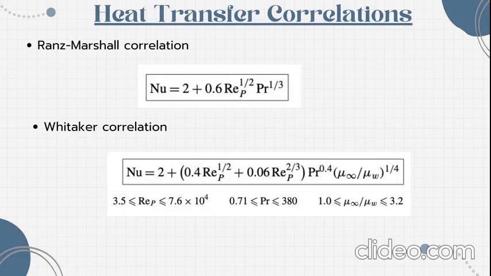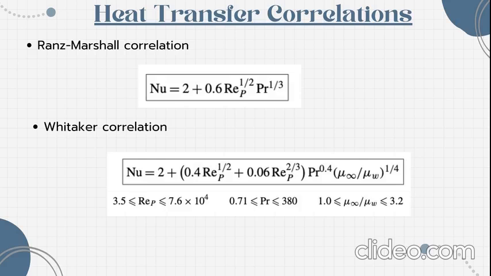Next we will discuss heat transfer around a sphere. When a hot sphere is in a cold fluid, heat flows from the sphere to the fluid. Without fluid motion, the Nusselt number, which is again another dimensionless number, will be equal to 2. But with convection, heat transfer will increase. Now,